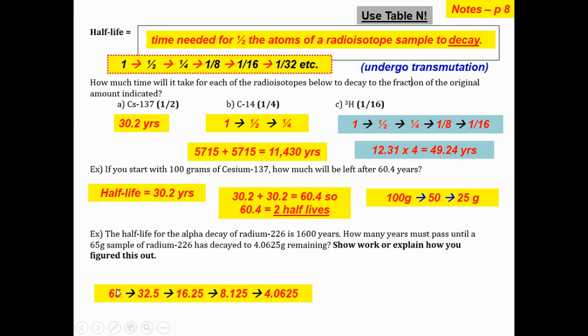Count the hops. Again, the common mistake students make is they say, oh, these are 5 numbers, so that's 5 half-lives. No, it is 1 half-life for the first hop, 2 half-lives, 3 half-lives, 4 half-lives, 4 hops, 4 arrows, 4 half-lives. It's 1,600 years for 1 half-life, so 4 times that is